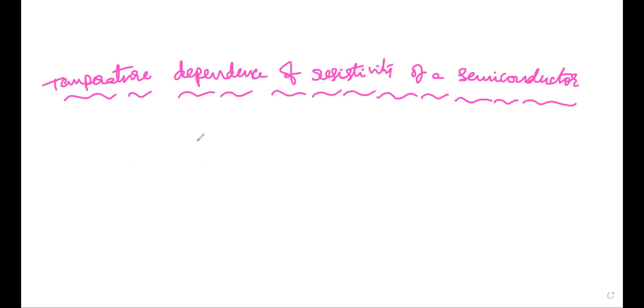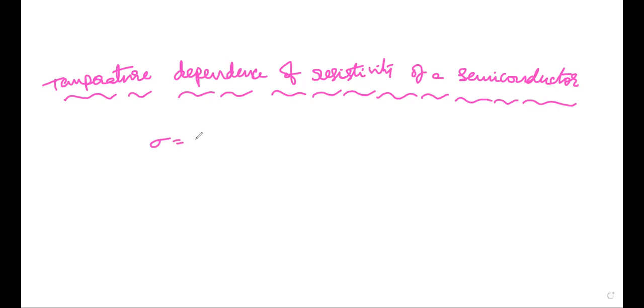In the absence of photonic excitation, intrinsic semiconduction takes place at temperatures above 0 kelvin, as sufficient thermal agitation is required to transfer electrons from the valence band to the conduction band. Then sigma